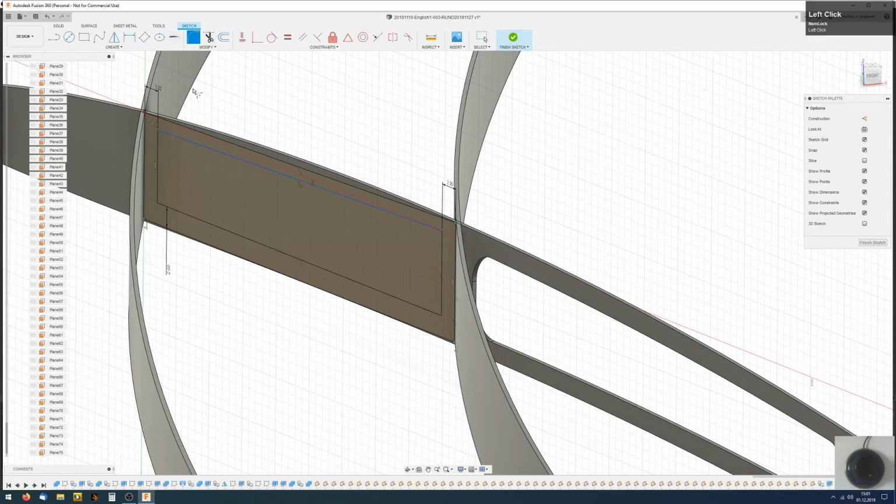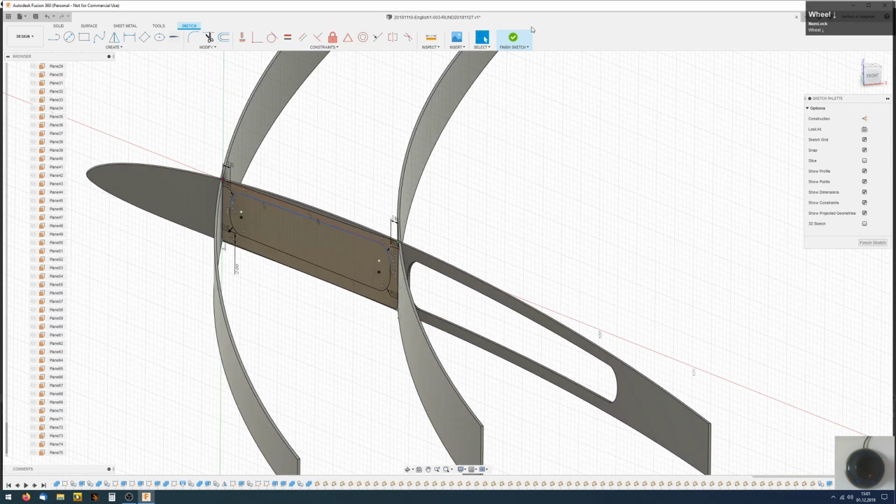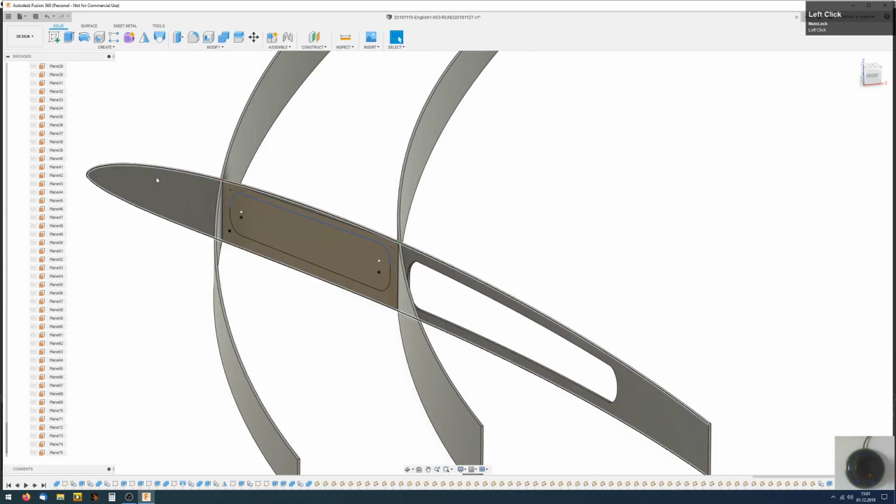Now again the rounded corners, 3, 3, 3, and rounded corner 3. Okay, finish sketch.